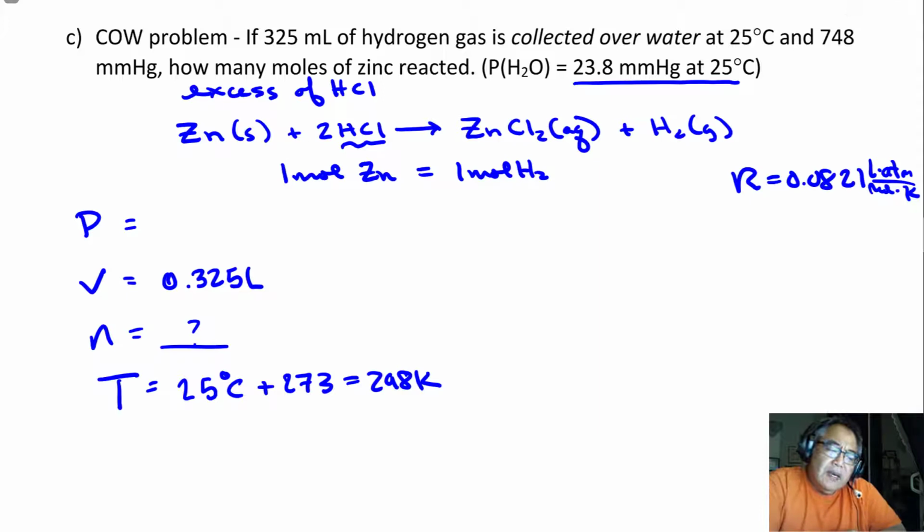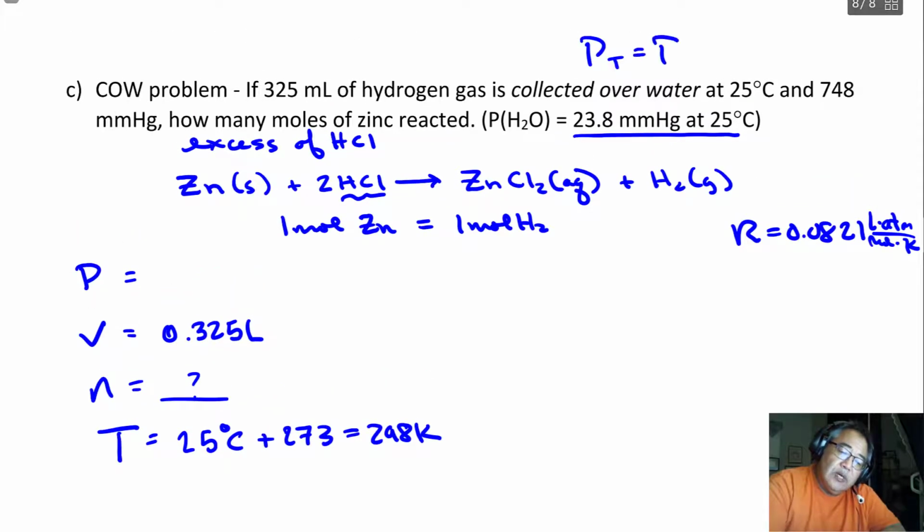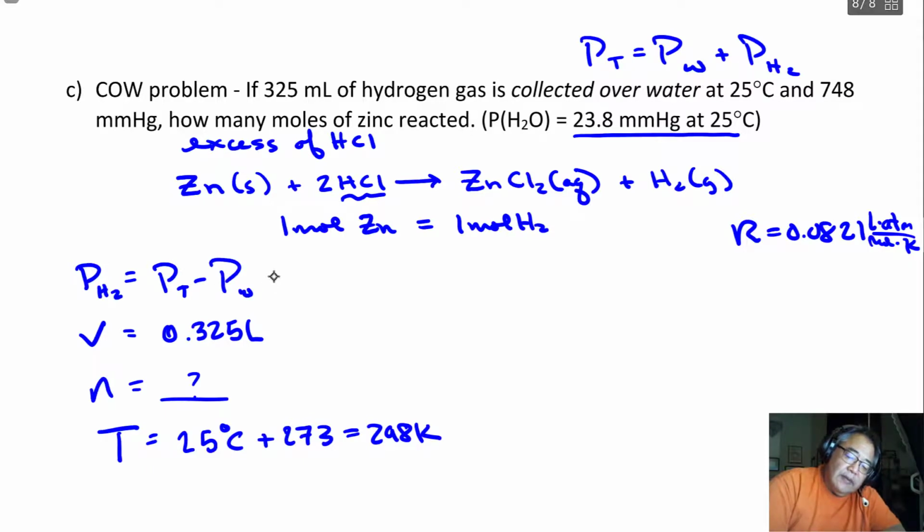But my pressure, now I have a couple of different pressures, right? I have 748 millimeters of mercury. That's where the pressure was collected at. That's my P total, right? So I know that the total pressure is the pressure of water plus the pressure of hydrogen. If I want just the pressure of hydrogen, I need to say P total minus the pressure of the water. Basically it always turns out you subtract the water vapor from the total pressure to get the pressure you're looking for. So in this case I have 748 millimeters of mercury